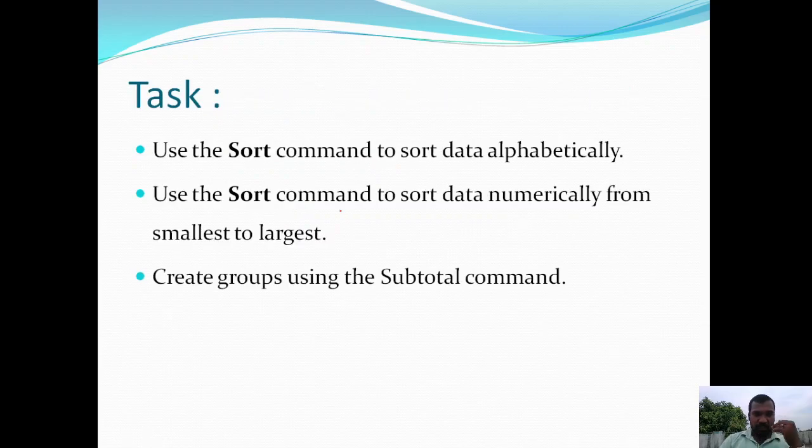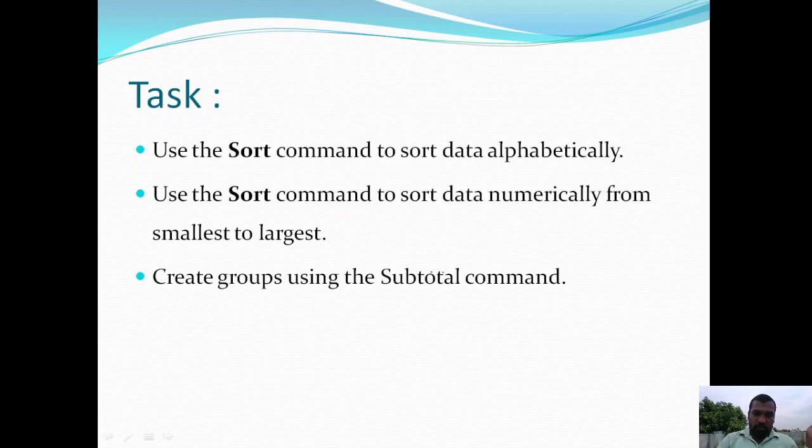Here I am giving some tasks for you. Use the sort command to sort the data alphabetically in ascending order as well as in descending order. Perform the same sorting command to sort the data numerically from smallest to largest as well as largest to smallest.